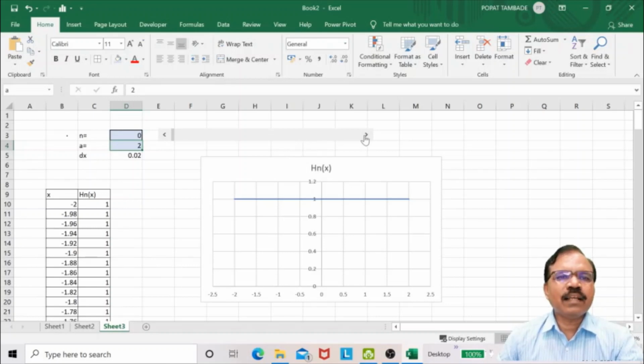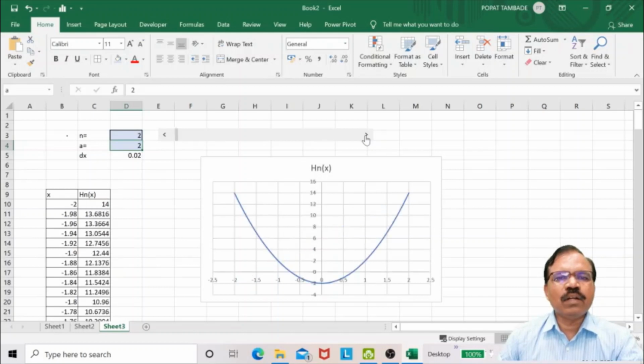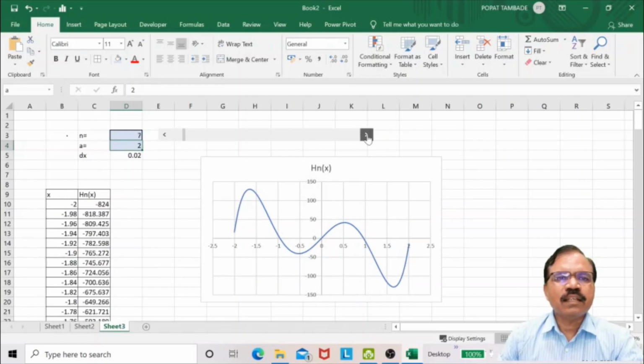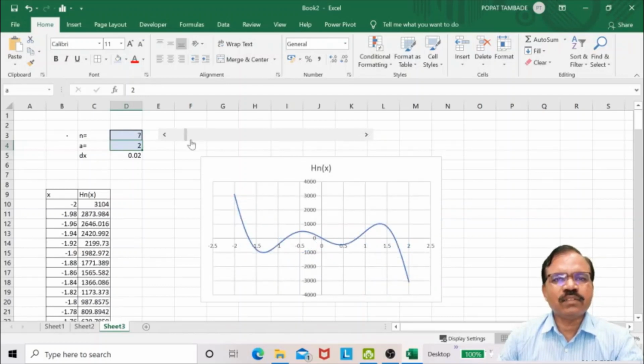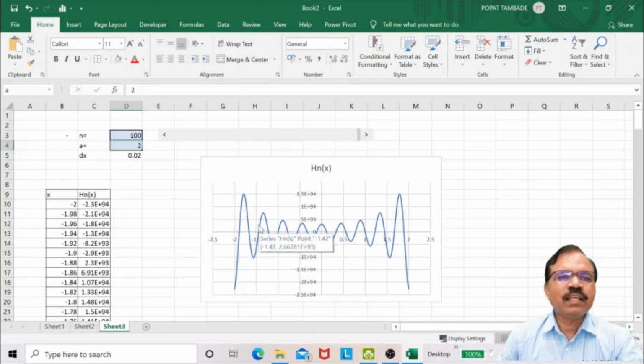If we take n equal to 1, that is H1(x), that is 2 times x. If we take n equal to 2, that is H2(x), we get this parabolic graph. This is H4(x), H5(x), H6(x), H7(x). Actually you can go up to 100 here. So in this way we get values of Hermite polynomials.